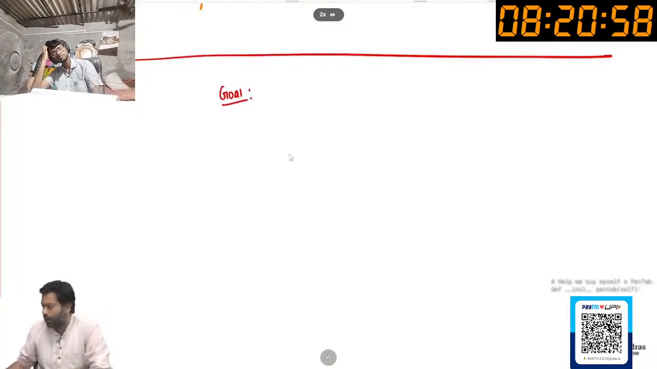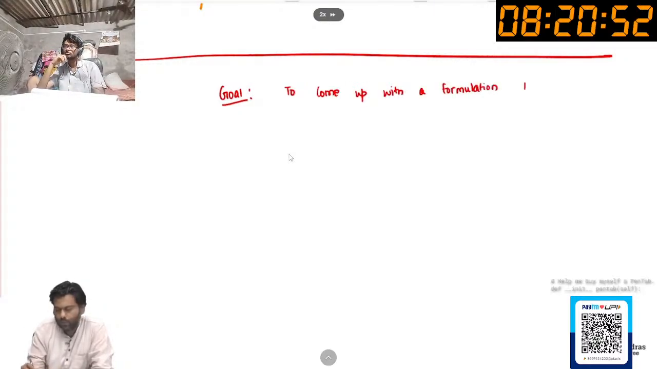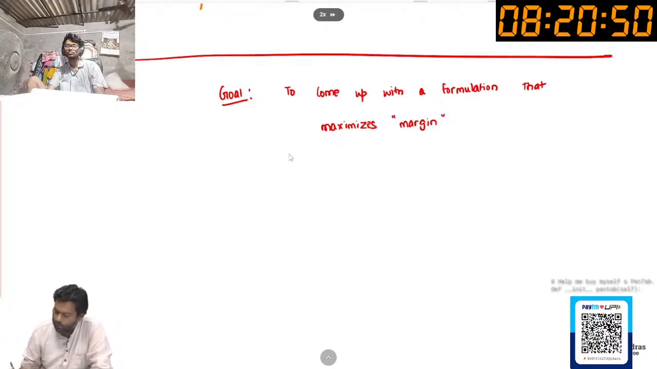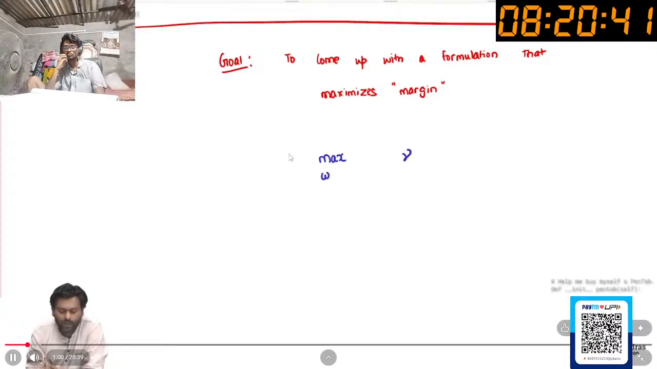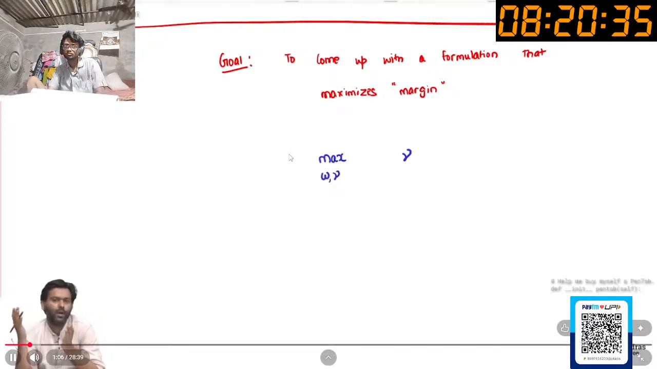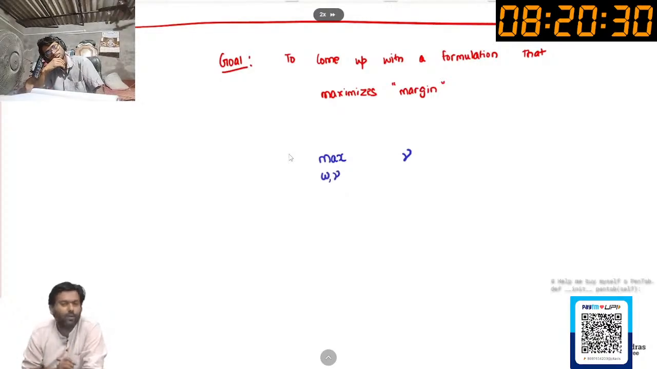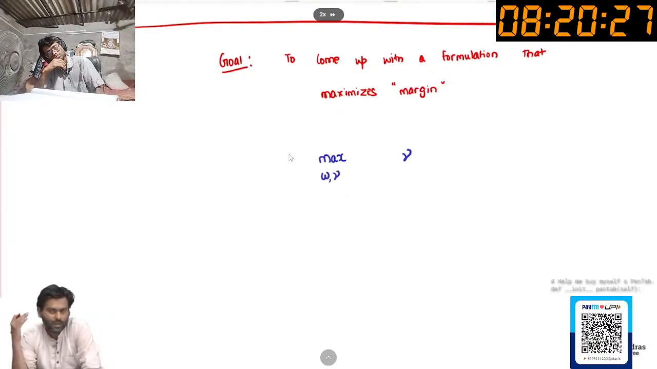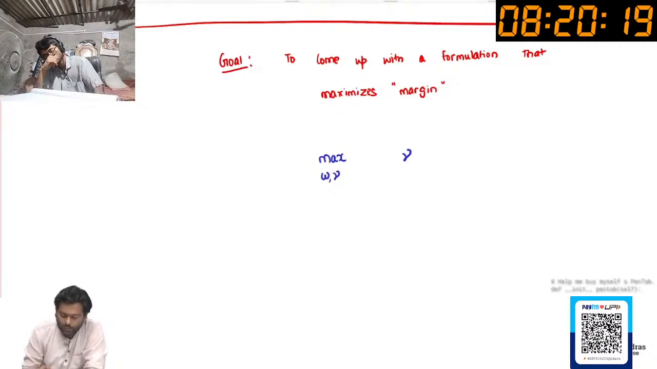So this is going to be our goal, to come up with a formulation. How can we do this? We can do it as follows. We want to find a W that maximizes the margin as much as possible. The parameters of our algorithm are W and gamma, and we want to find a W and gamma such that gamma is as large as possible, but we cannot allow all possible Ws. We will only allow Ws which linearly separate the data set with gamma margin, such that